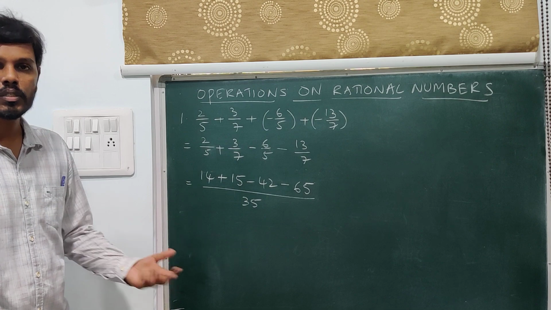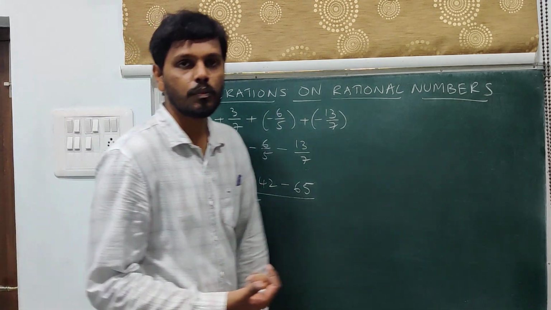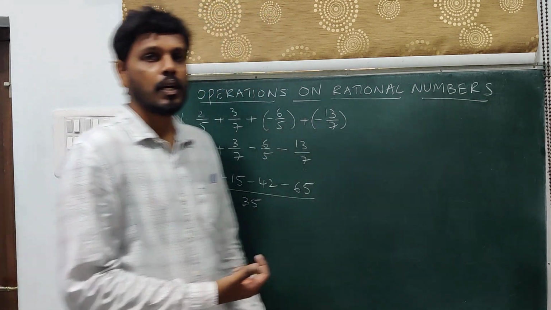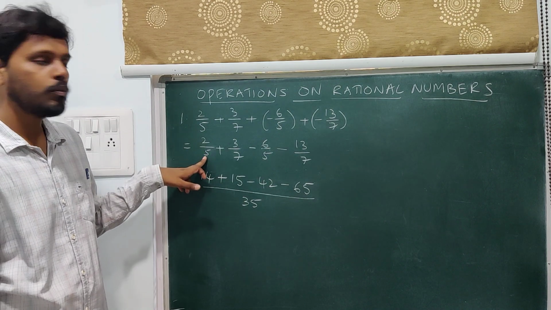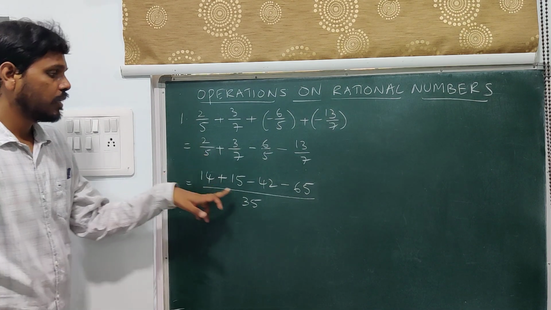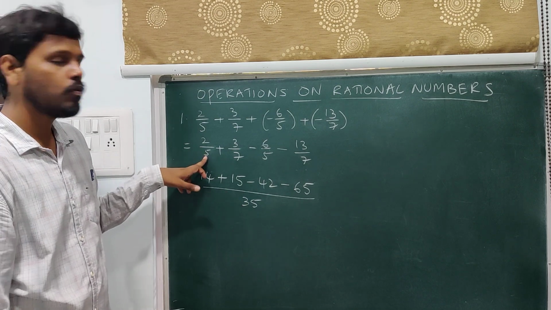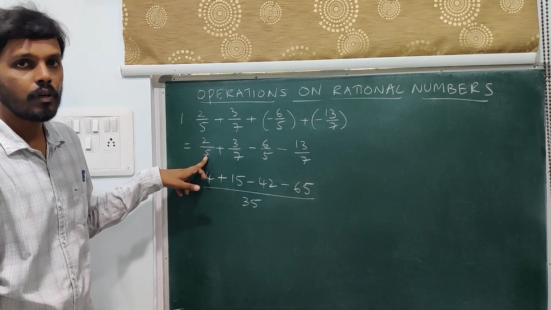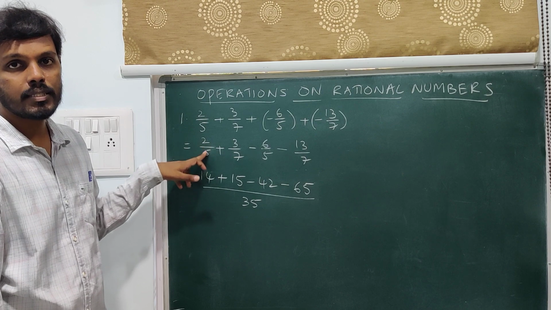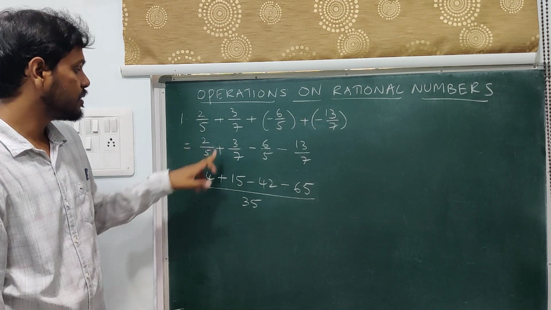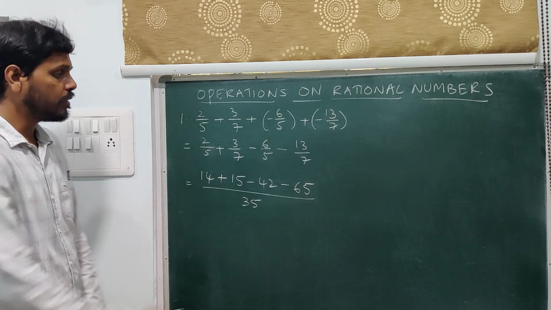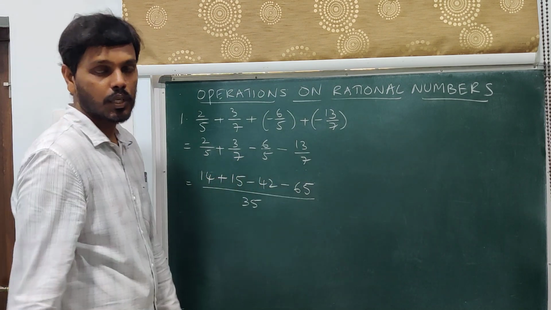This is what we have done earlier. When we are doing additions or subtraction, we take the LCM of the denominators. After getting the LCM, we try to identify the number to be multiplied to the denominator so as to get the LCM number. Here the LCM is 35. What number to be multiplied to 5 to get 35? 5 7s are 35. So I am multiplying the same number to the numerator. So 2 7s are 14. That is the way I have done for the remaining 3 terms as well.